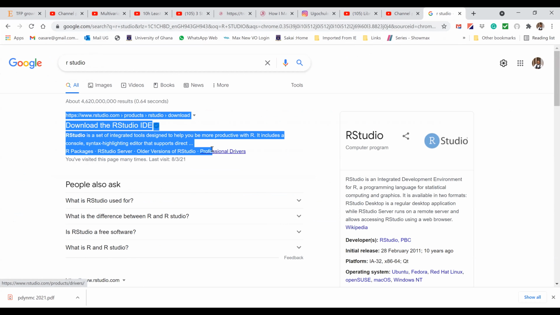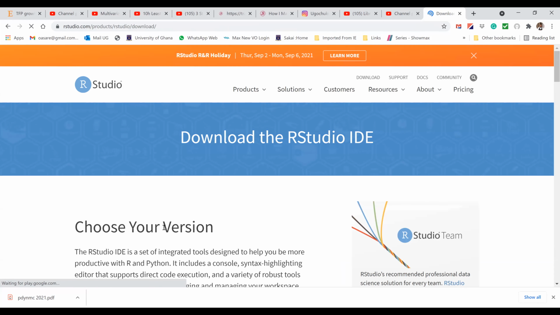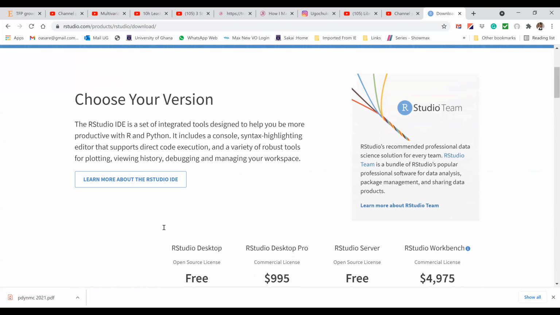So you click that. It will take you to a new page, and that new page is where you will do the download. You have to choose your version. Please note all of these things are free. Scroll down,